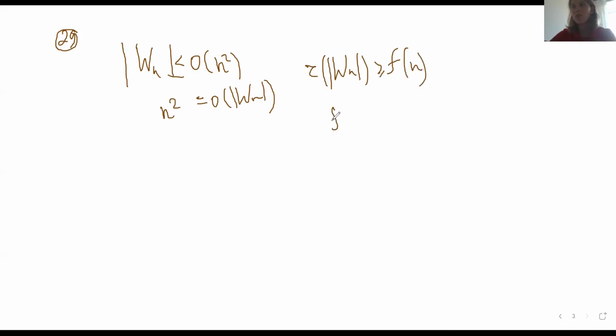And now we think that n squared is asymptotically less than Wn. And in this case, we can get a far better estimation, and we'll get that the number of edges, we'll write it like this, is greater than some function. And this function asymptotically equals 4.5 multiplied by